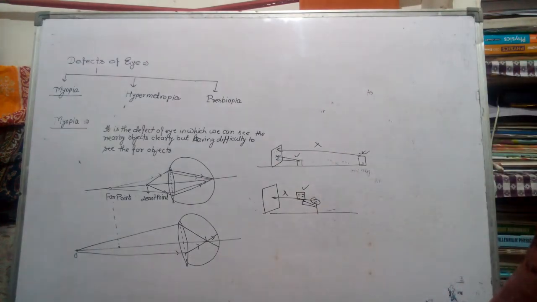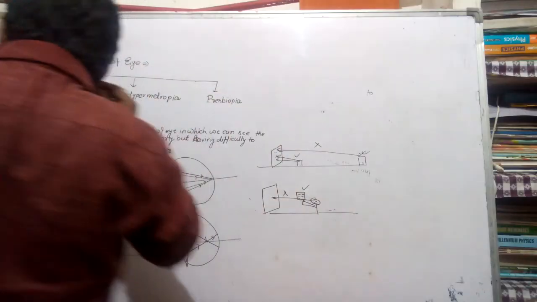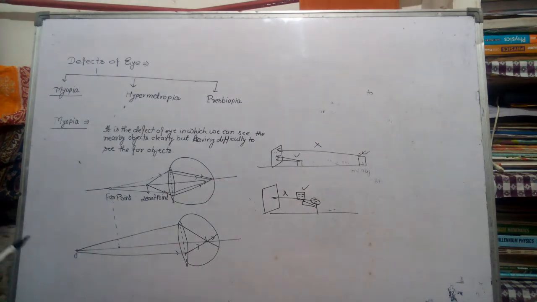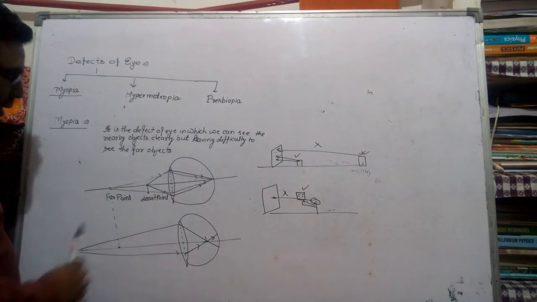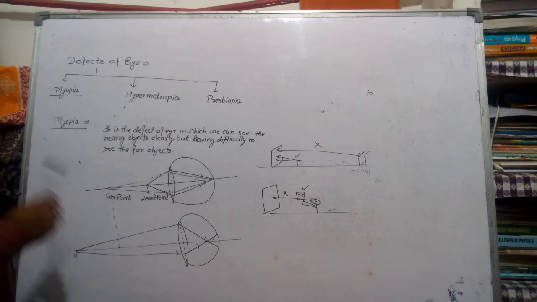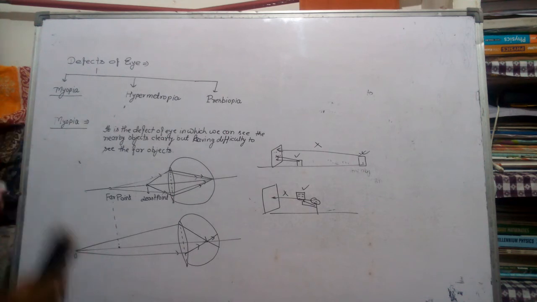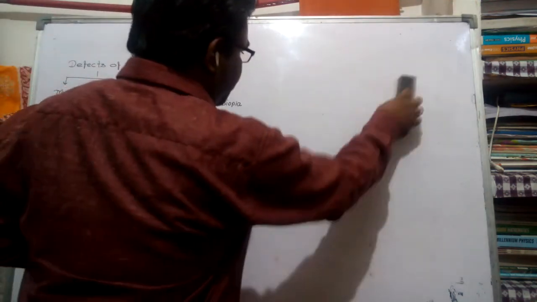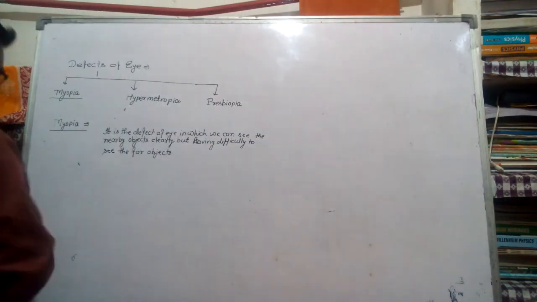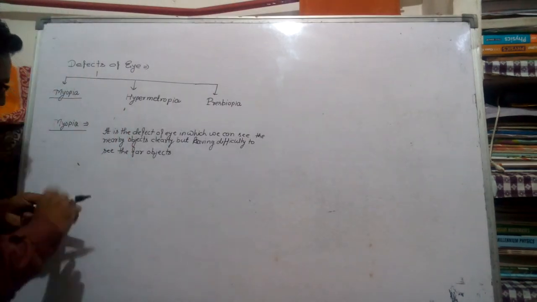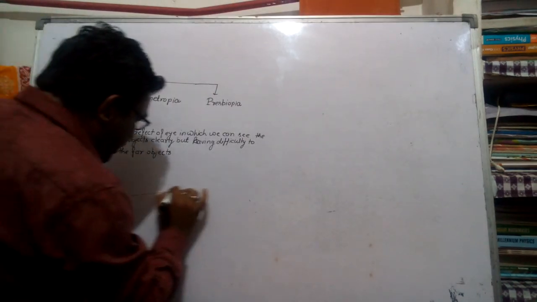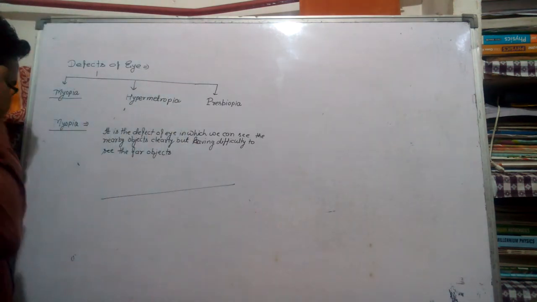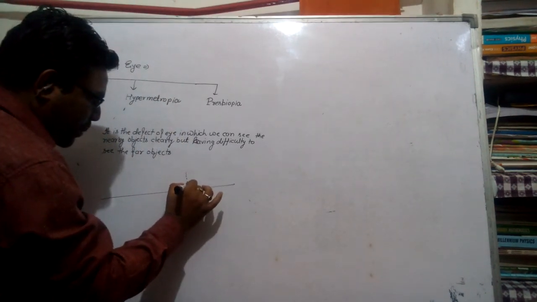Now, we have discussed myopia. This is the first point and this is the second point. Now what is the defect? How can we discuss the remedy of this defect beta? So when in examination you are forming the diagram, you have to form it like this beta. First you have to draw this diagram.